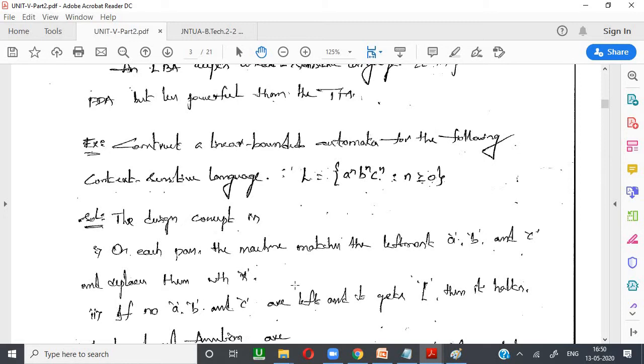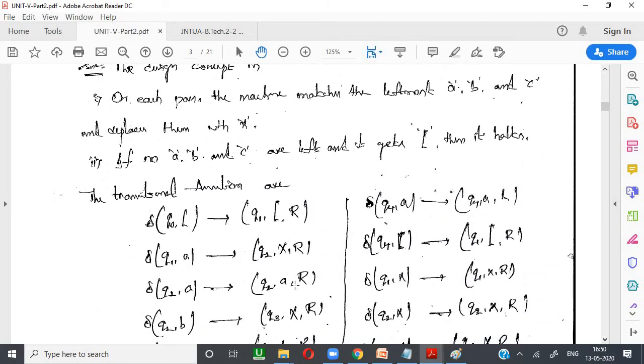So when I got A, again I am searching for B, then after that I am searching for C, and these all are replaced with star. So I will repeat the same again, the number of A's, B's, C's will be replaced with a star, like that the process is going on. So at the start we are having an open bracket.